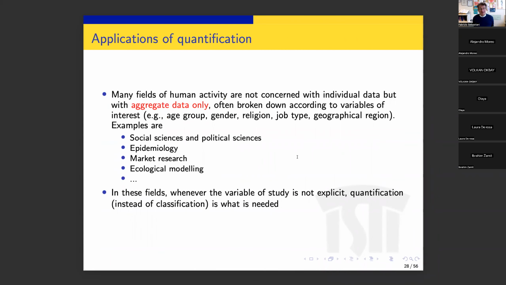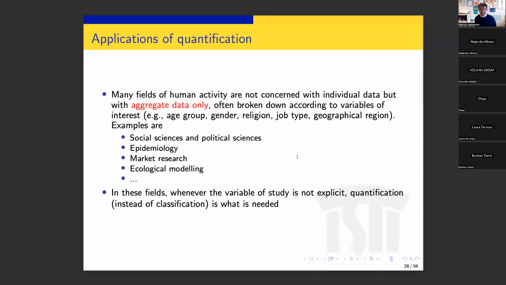Okay, as I said in the introduction, there are many fields of human activity which are not concerned with individual data. These fields are concerned with aggregate data only, with percentages of individuals, percentages of data points in a population, where the population is often broken down according to variables, which may be age group, gender, religion, job type, geographical region, organization, you name it. Examples of these applications are the social sciences, political science, which is often seen as a subset of the social sciences, epidemiology, market research,